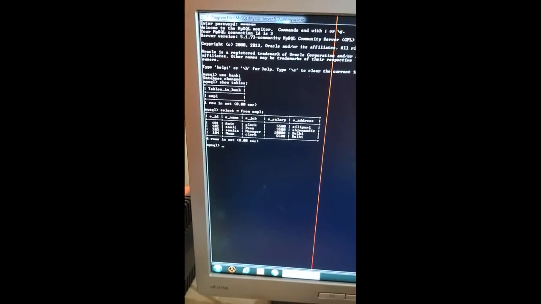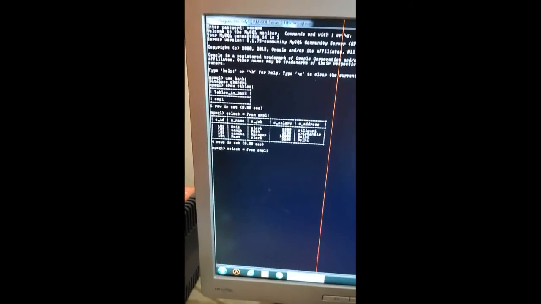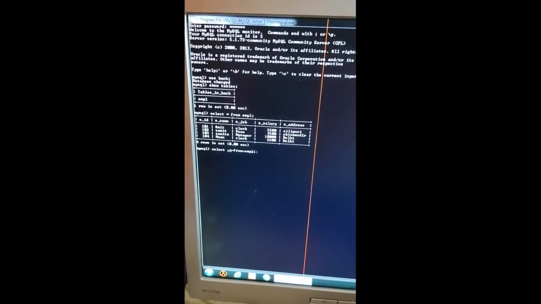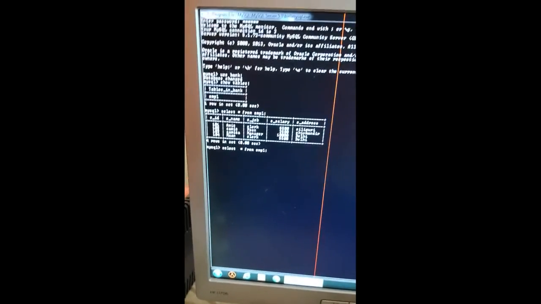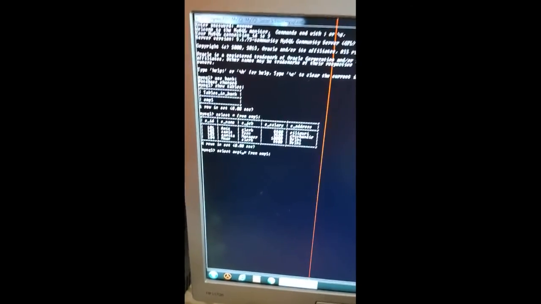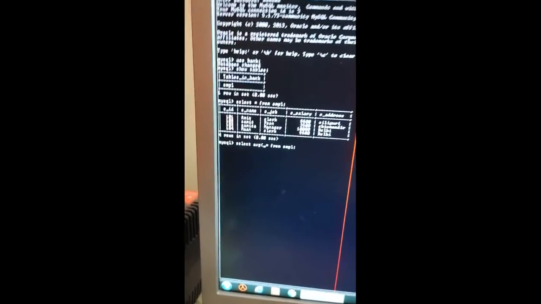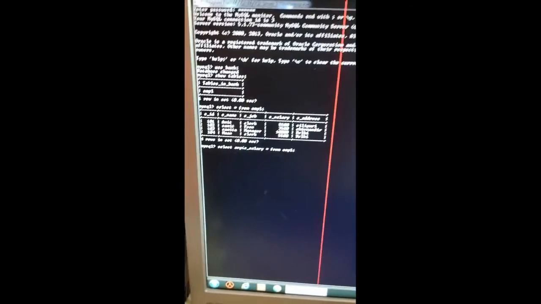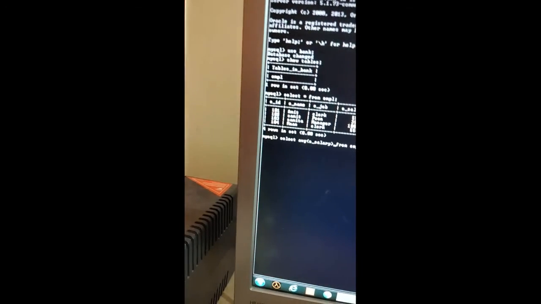For that I need to write select AVG, then the name of the salary column, E underscore salary, from employee.